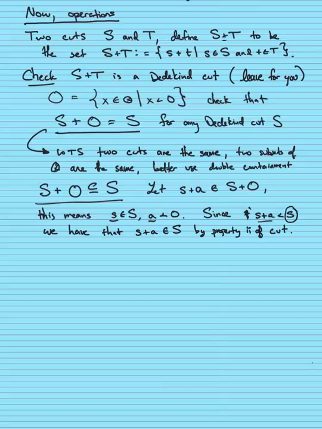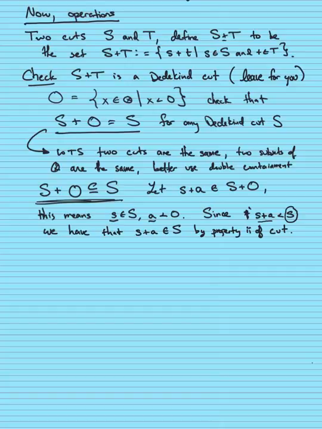You can think of this as taking the interval from negative infinity to s and adding in the interval negative infinity to 0. It'll be the same interval. This is just going through that argument. Essentially that's how all the proofs go: you have to convert everything into working with subsets, because that's how you've defined the